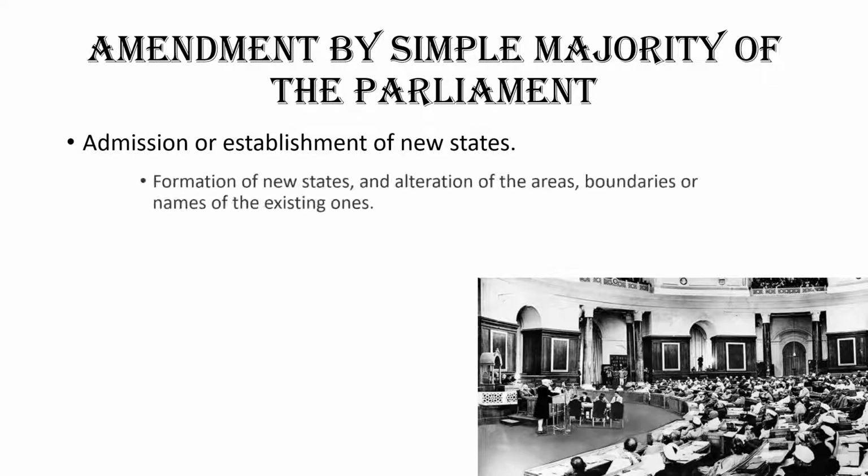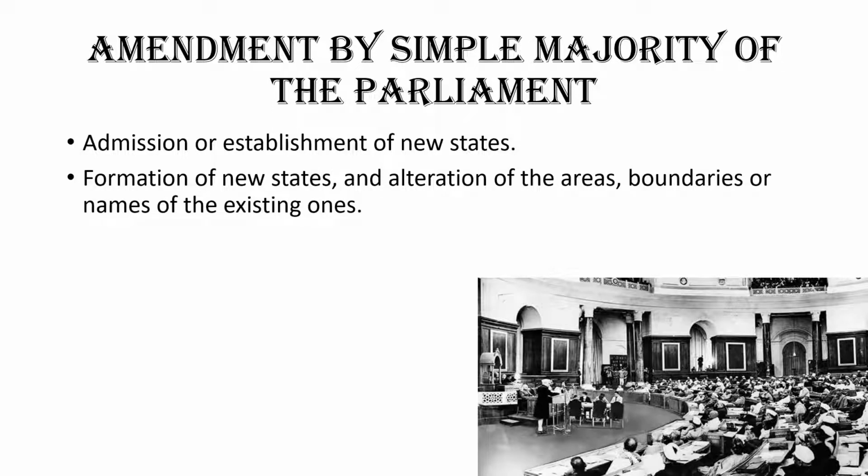Do you all know what all things can be amended by the simple majority of the parliament? The answer would be a number of provisions in the constitution that can be amended by a simple majority of both the houses of parliament outside the scope of Article 368. And these provisions include admission or establishment of new states, formation of new states and alteration of areas, boundaries or names of existing states,